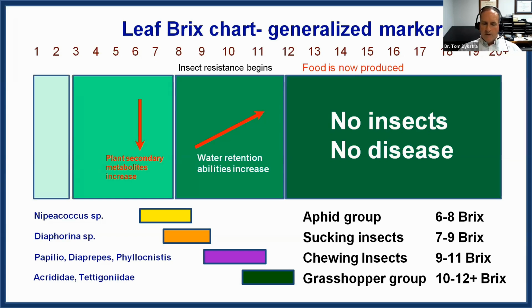And then finally, we have the acridids and the tettigoniids. The acridids are the grasshoppers, and the tettigoniids are the longhorn grasshoppers. There are at least three species of tettigoniids that are attacking citrus, and there are many acridids that also attack it. Even though it's a good sign to see that because you're doing okay, the plant is still not healthy enough to fight them off. So that would be the grasshopper group right there.